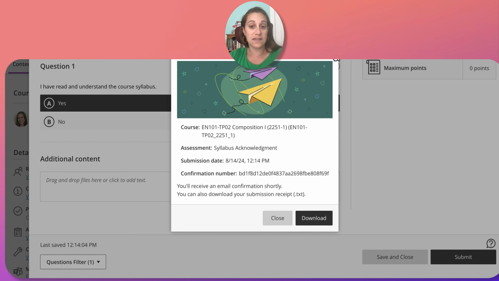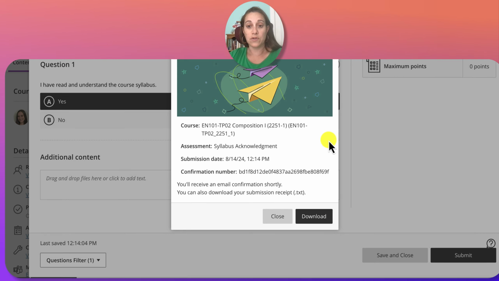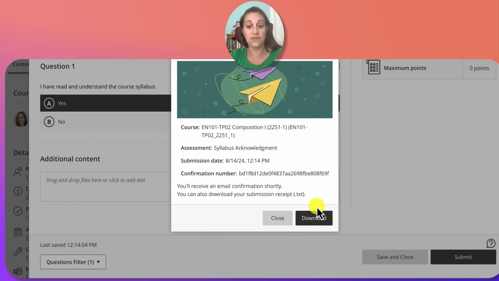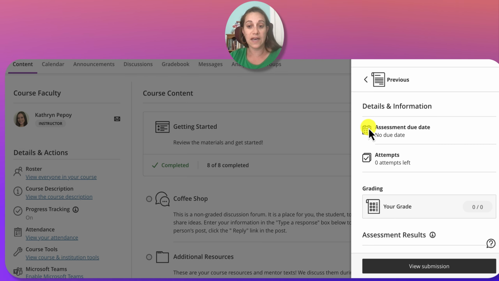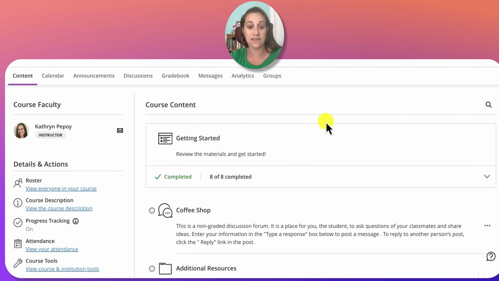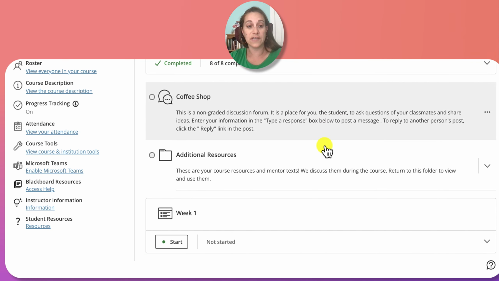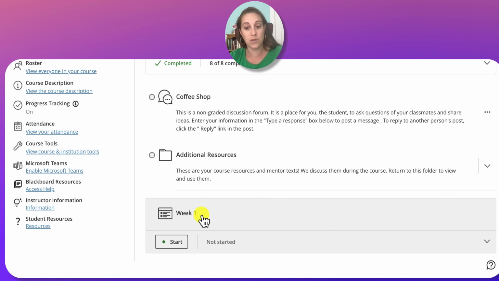So you'll always get this little box, your submission was successful when you submit anything. So if you don't get that, it means your information was not submitted. So once you click, you can either X out of it here. If you want, you can download this to keep a copy for your records. But once we X out here, and X out here, we can start to scroll down and we can say, okay, now I see the week 1 folder. So making sure you work through that getting started first, that's step 1.